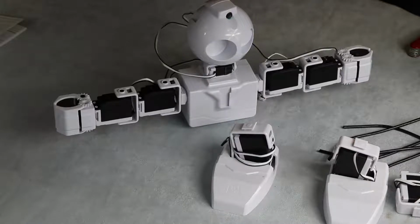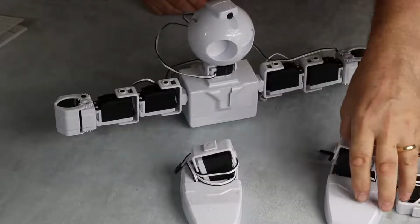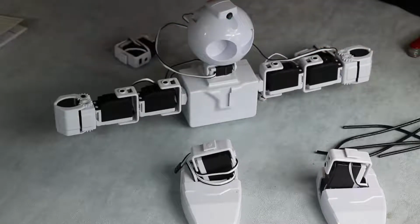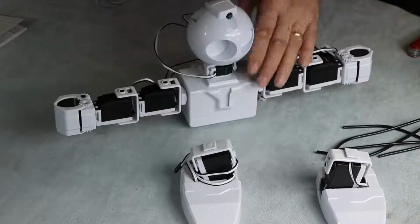and now we start to look at the legs. Obviously we've got a couple of feet left, and a couple of servos that we can use for the legs are now here. So we're going to undo the cable, and the servo needs to go,